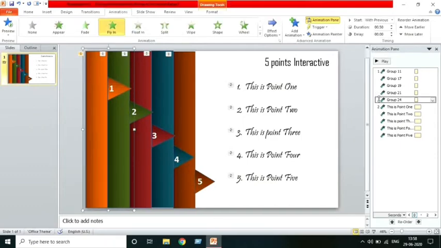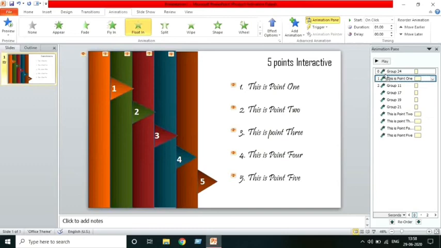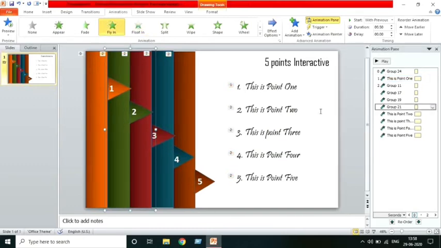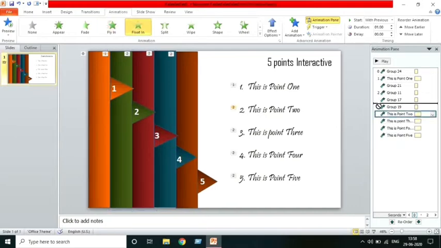This is our first group, so let's bring it to the first level. Below that itself you need to move this one, that is point 1. Okay, next click on the second group. Okay, this is group 21, so let's bring it to the second position, and below that itself we will keep this point 2, likewise.